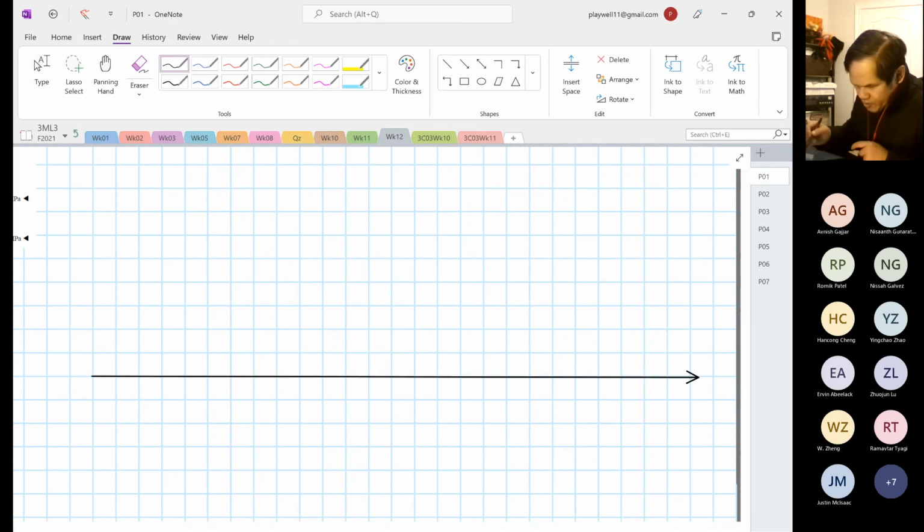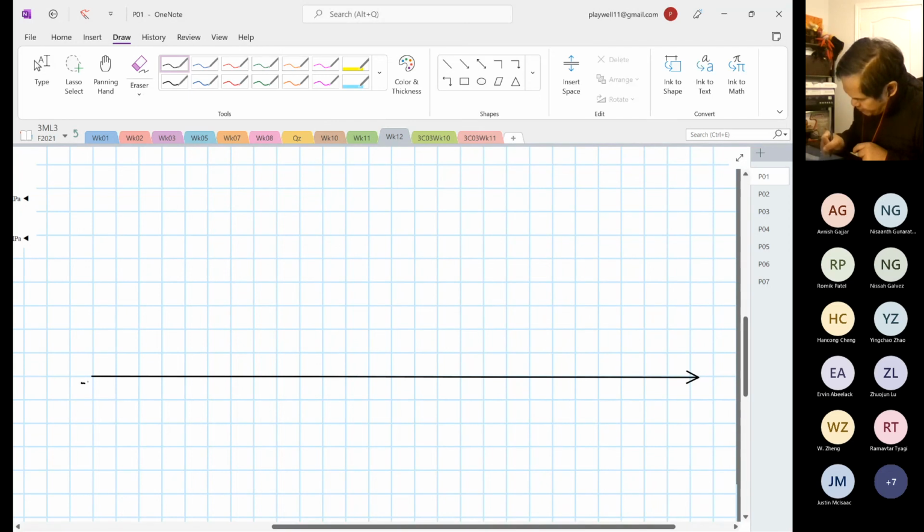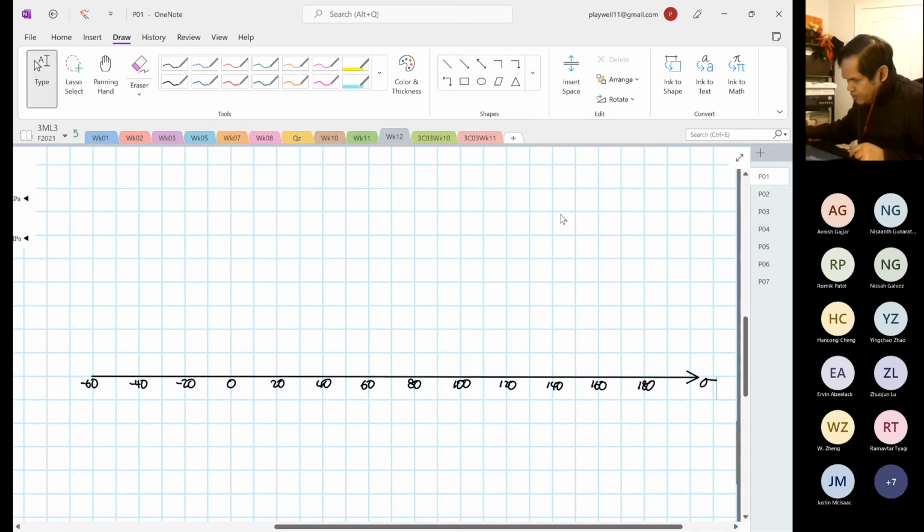Because we know the limit, I'm going to start from minus 60, 40, 20, 0, 20, 40, 80. So this is normal stress. And then we are going to look at our